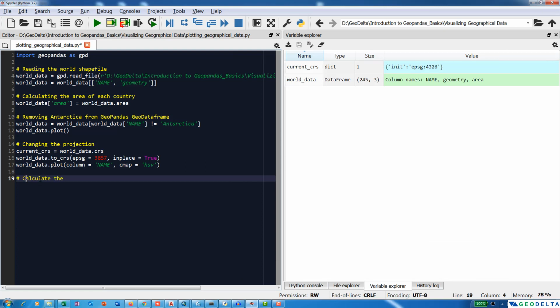Or I would say, recalculate the areas in square kilometers. Alright, similar to what you did over here, you can basically do the same thing,